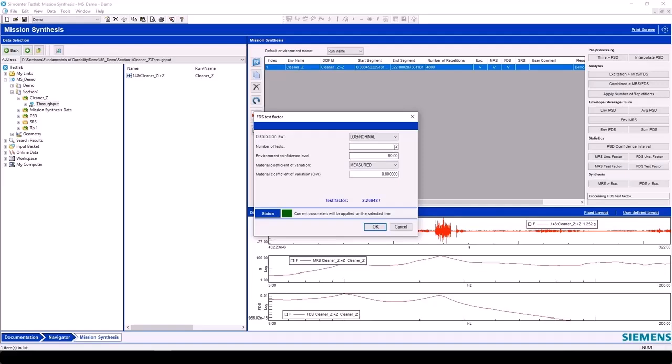I have a confidence level, and then I put in a number of tests. Number of tests is the number of samples I'm going to test of this profile. Just to let you know what it does, if I have 2, the test factor is 2.26. If I have 5 and I click off that, it goes down. And that'll be a scalar that I scale this FDS by.